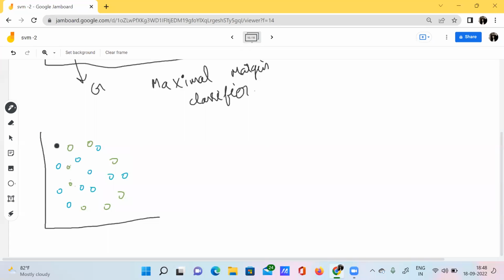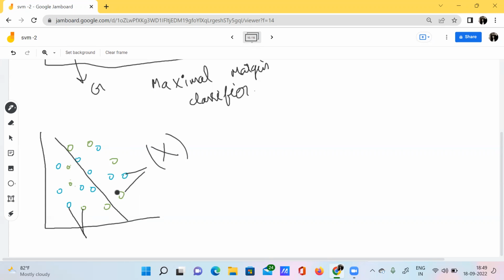If I draw a line like this, am I able to separate both classes correctly? No. Why? Because the right side of this hyperplane has two categories, green and blue, lying there. Both categories have been mixed, right? The same has happened on the left side of the hyperplane also. Both categories are on one single side. So this is not a correct classification. This will be a wrong classification. This will be a blunder.